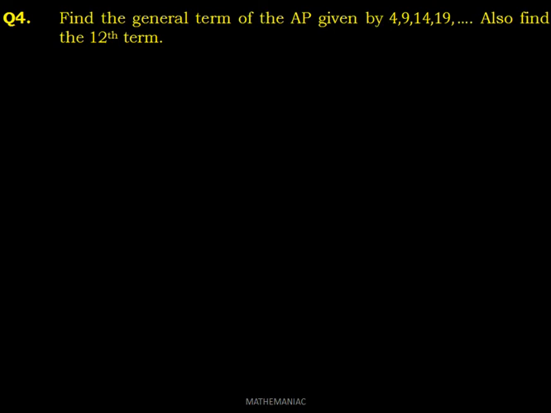Read the question first and just see whether you can correlate this information. You probably can, right? Find the general term. See, I was talking about that in the last question. Find the general term given by this. Also find the 12th term. Very fine. If you first observe, they did not mention, okay, they mentioned already AP, so you need to prove that it is AP. You just write the